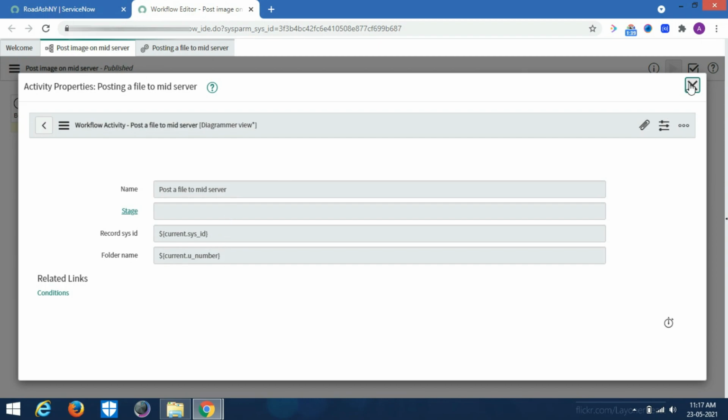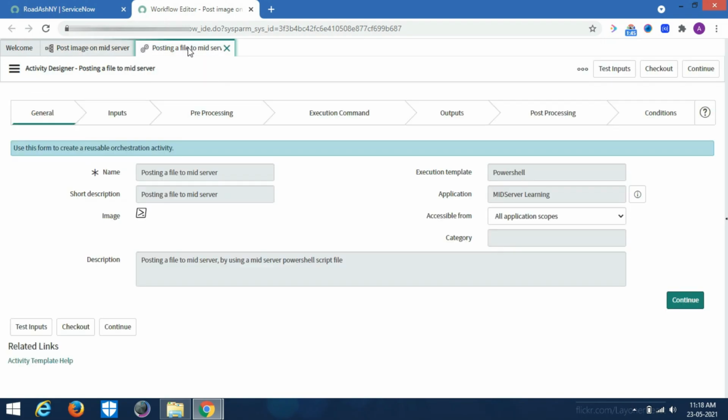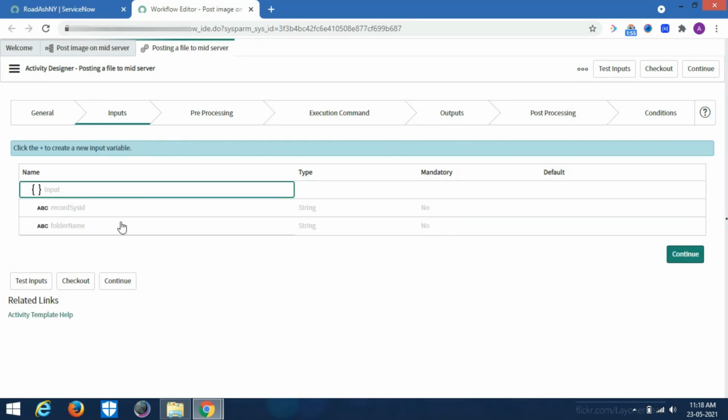So let us now see what I have done in this orchestration activity. So this is the orchestration activity. As I said, it's a PowerShell type of activity, and there are two inputs. First is the record sys ID and another one is the folder name, as we just discussed.